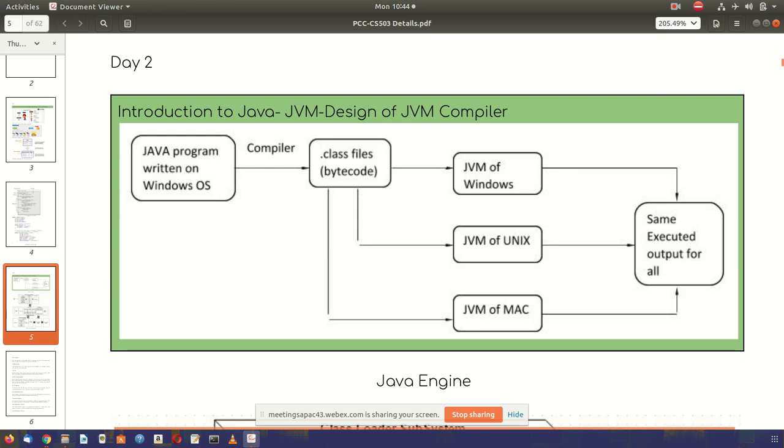Now let us come back to Java. When we write a Java program, it is essential for us to write software that can execute on all different kinds of machines. If you are a computer science student, in two or three years you will use technologies related to artificial intelligence, where automatic cars are going to come.